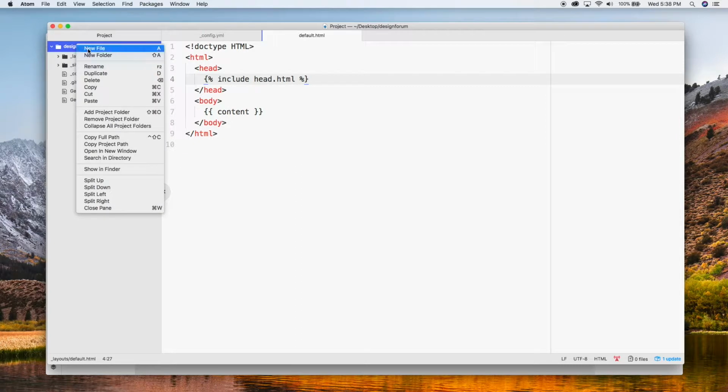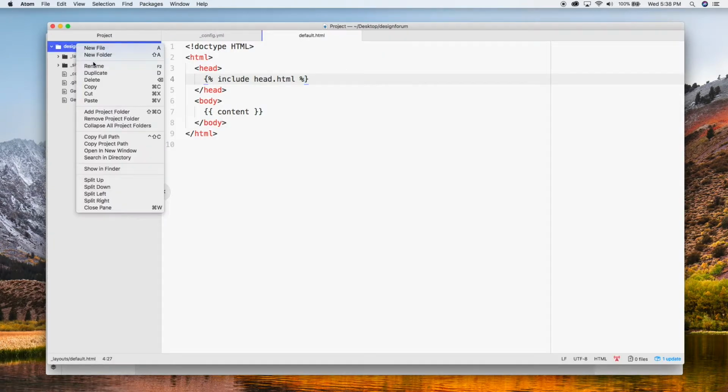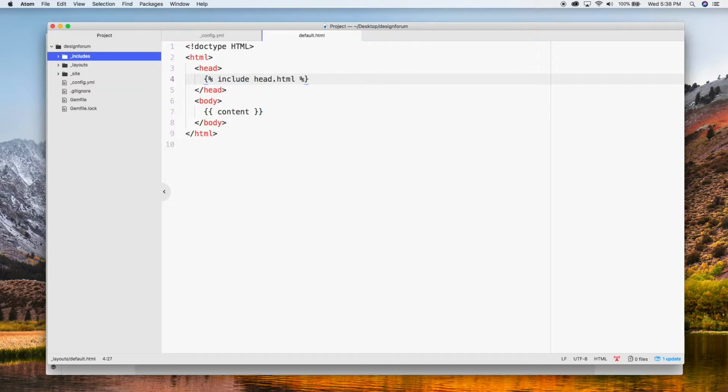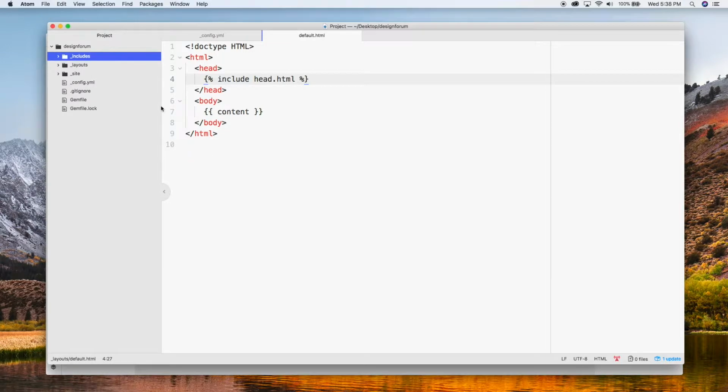Now we need to go ahead and create, not a file, a folder. That will be underscore includes. All right, cool. That's looking right. Let's go ahead. Includes